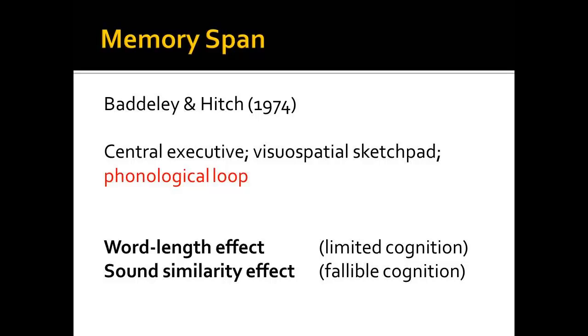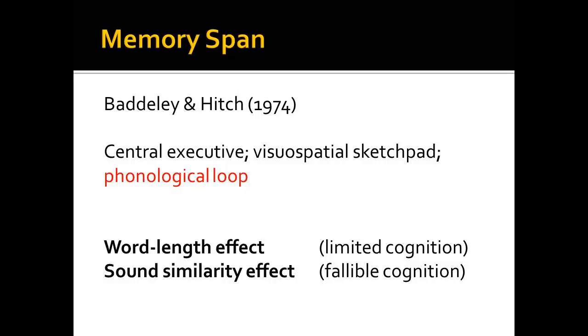The phonological loop is thought to have a capacity of 2 seconds. So if you can repeat that phone number within those 2 seconds, you'll be fine. But if it takes longer than that, you might not be able to fit the whole number within your loop, and you'll start to forget some of the numbers. Now imagine that you have a list of words to remember instead of numbers. If the list contains only short words, then you might be able to use your inner voice to articulate those words within 2 seconds into your loop and store them all.